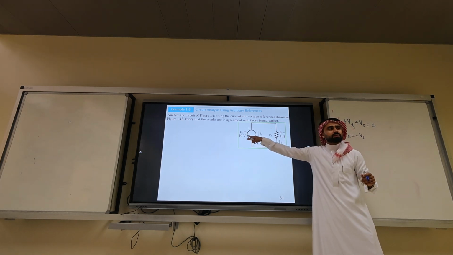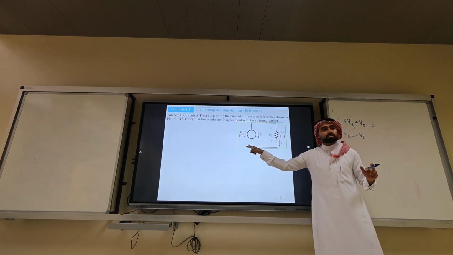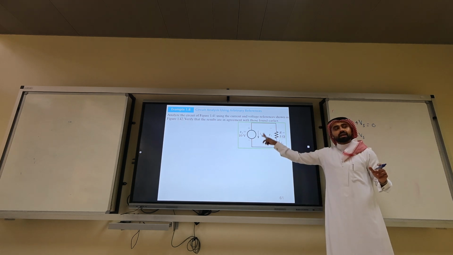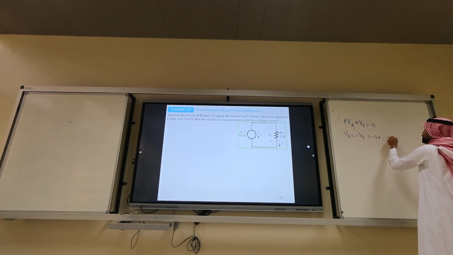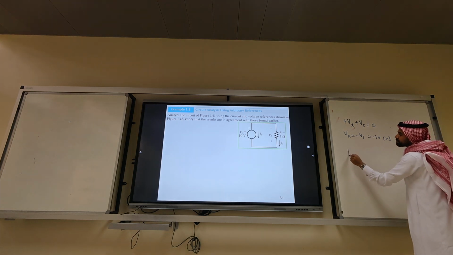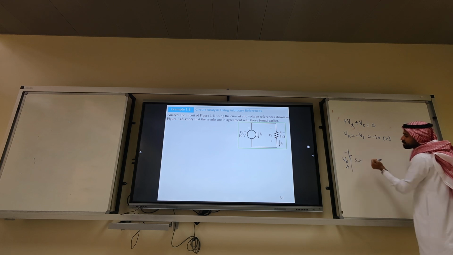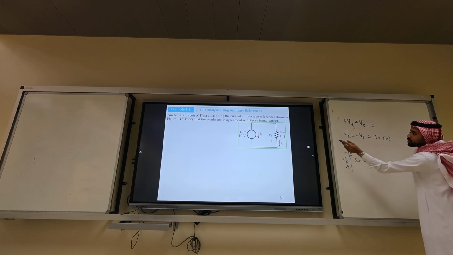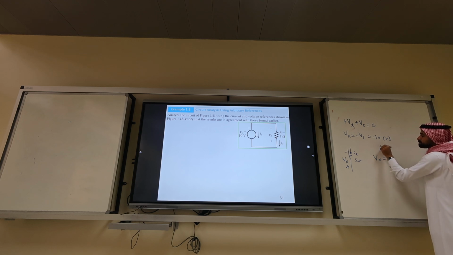Is this a voltage source or a current source? Voltage source. If the arrow is inside the circle, it's a current source. But the arrow here indicates the current that flows here. So that's a voltage source, which is equal to minus 10 volts. Now, again, you have a resistor of 5 ohm, minus plus. And we have here what we call Vx. Vx means the voltage from here to here. So the current enters from here, and we call this current Ix. So the formula is Vx equals minus